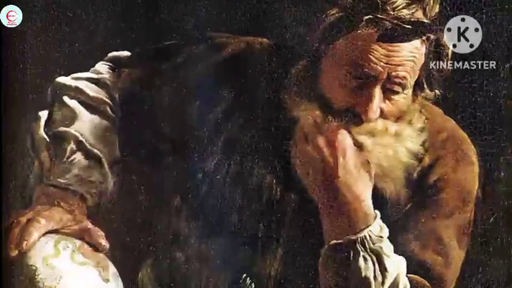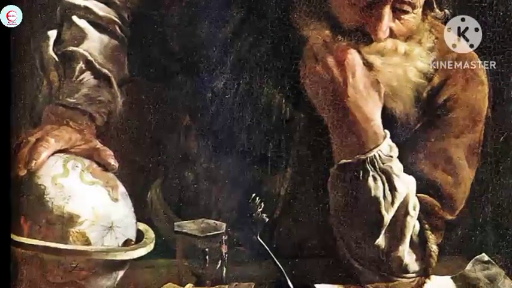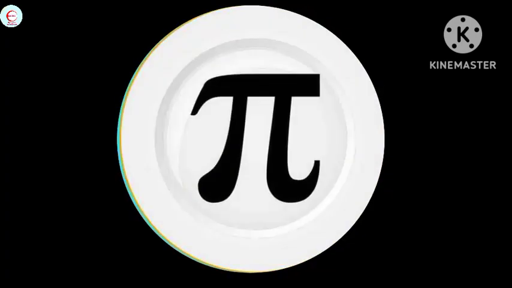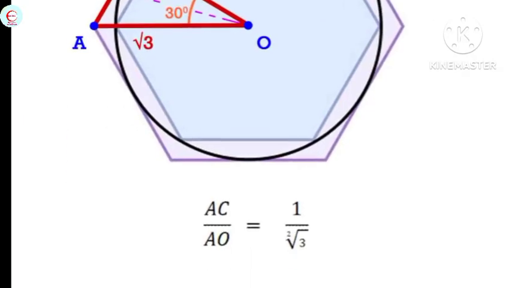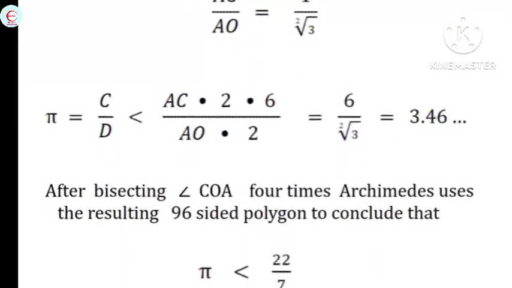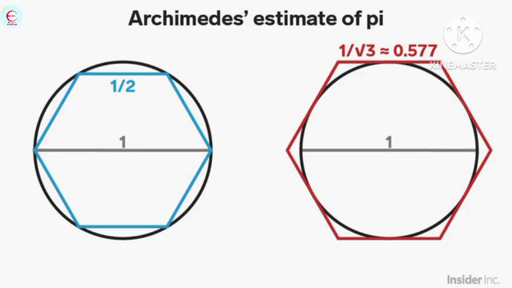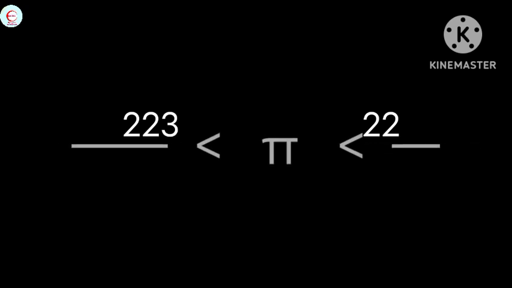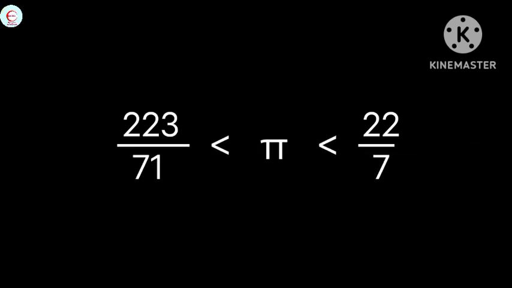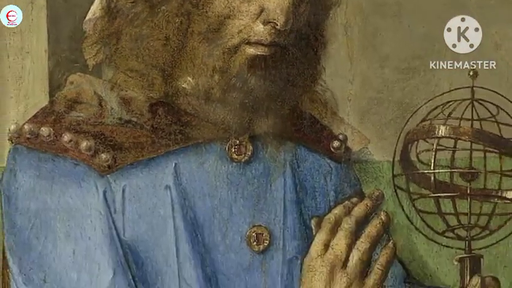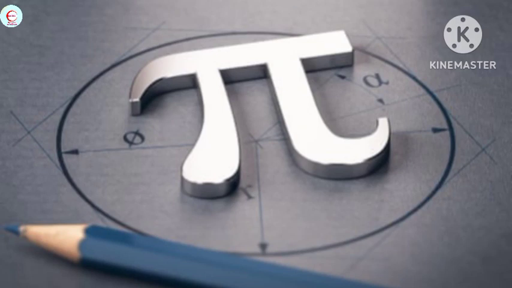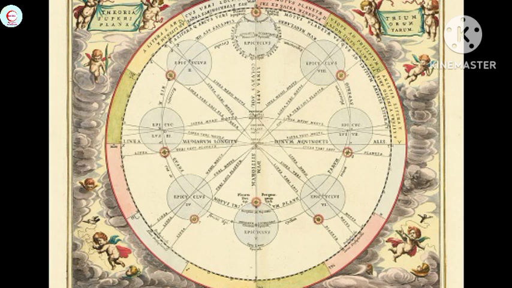one we use today. In the 3rd century BC, Archimedes, the great Greek engineer, devised the first known theoretical calculation of pi. Pi is somewhere greater than 223/71 and less than 22/7, which is approximately equal to 3.1418. 400 years later, another Greek mathematician, Ptolemy, redefined the value of pi with the chords of a circle with a 360-sided polygon to obtain pi equal to